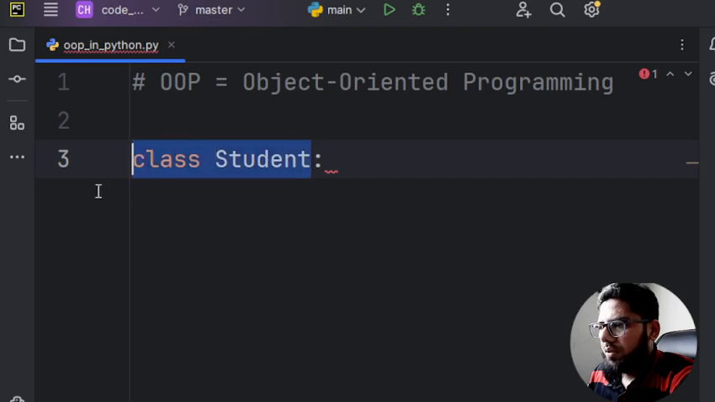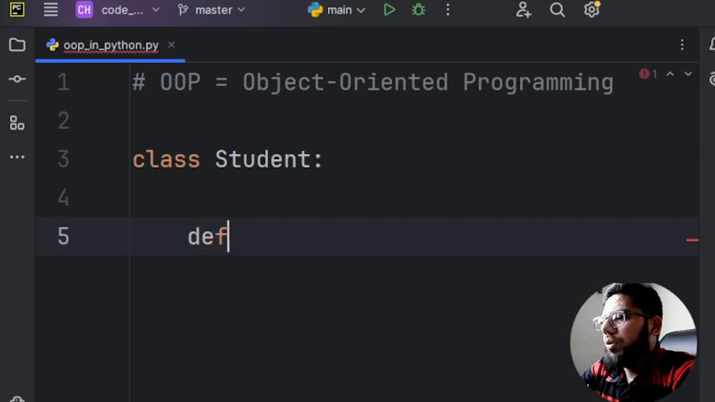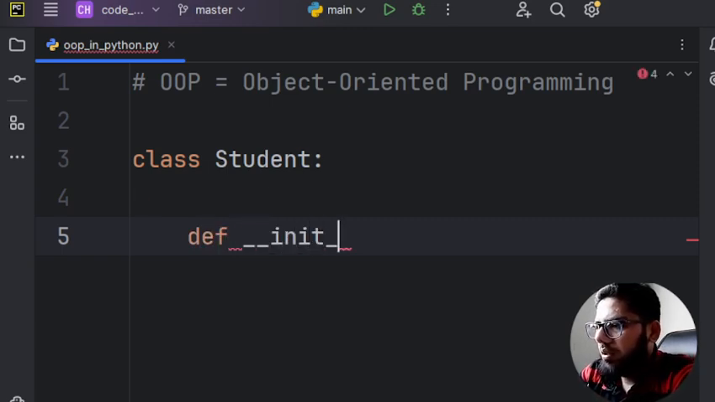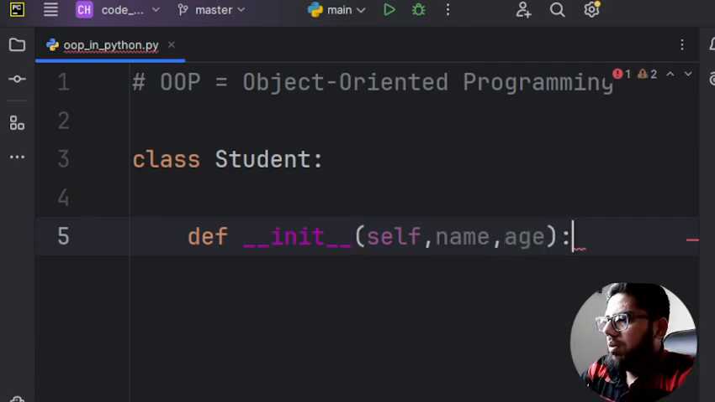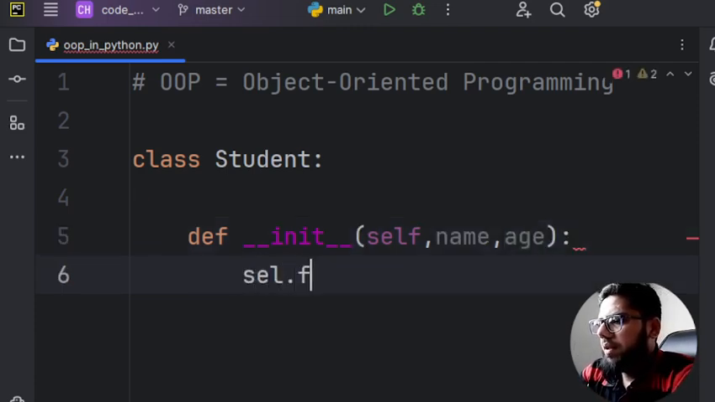Why do we use this? Because in real life we have many students. Instead of writing code again and again, we create one structure. So we create a class with the name Student, and inside this I am going to create one method, def __init__, and I will pass self, name, age. After that, self.name